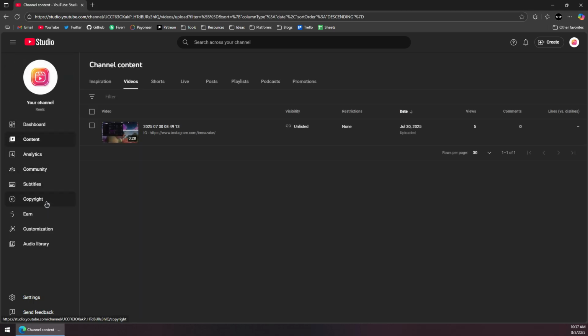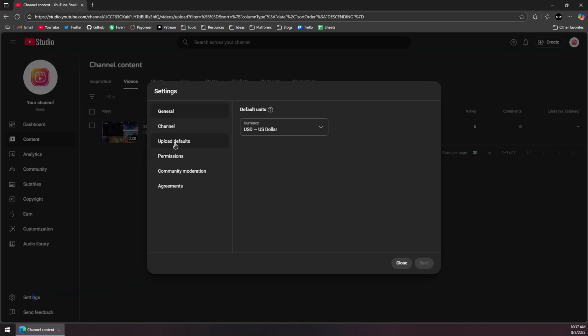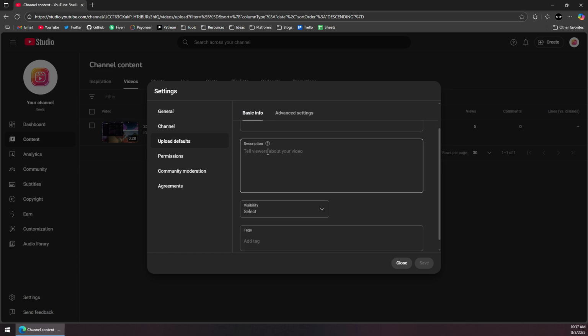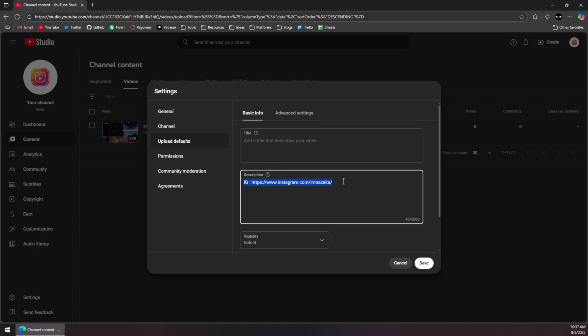Otherwise, what you can do is go to Settings again. So you want to click on Settings and then click on Upload defaults, and then go to the Basic info tab, and under Description, you want to simply paste your Instagram link or whatever link in here. And you can also have a description under the link or above the link, and then you want to click